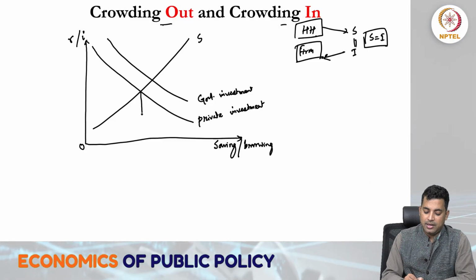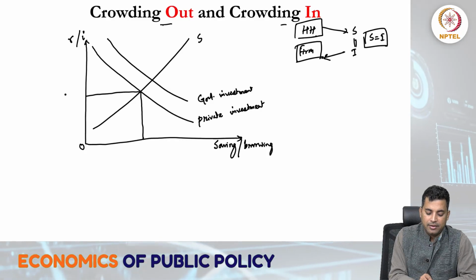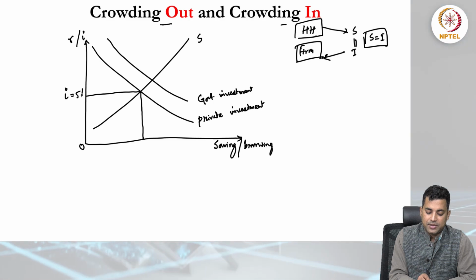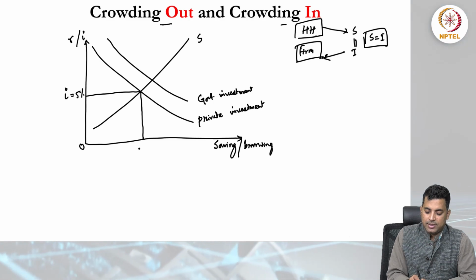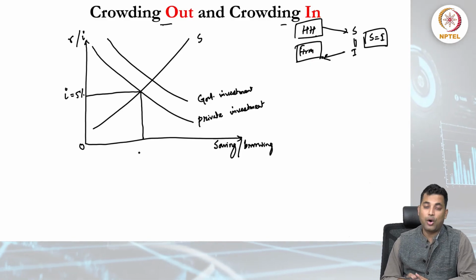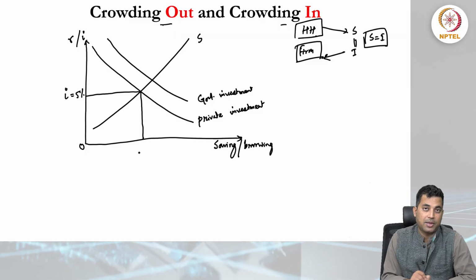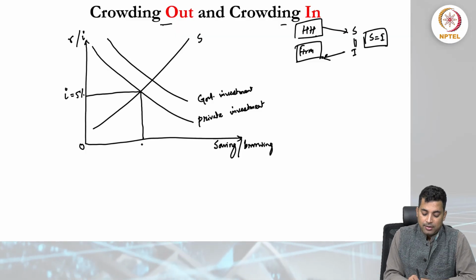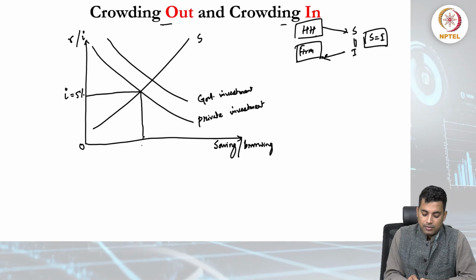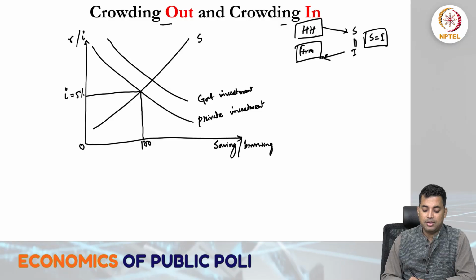So you can see here the rate of interest was, say, 5%, and here it is the unit of savings or the amount of borrowing, or we can also consider that this is reflected in the output. So even from the output's point of view, let's say 100 units here,